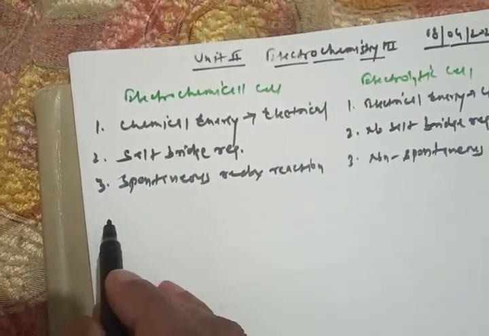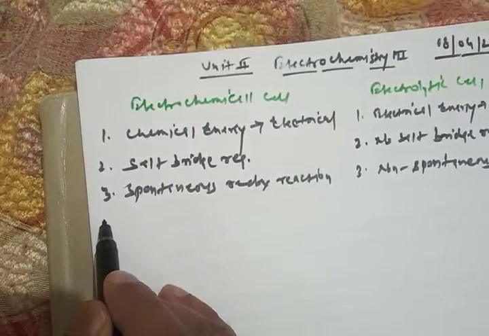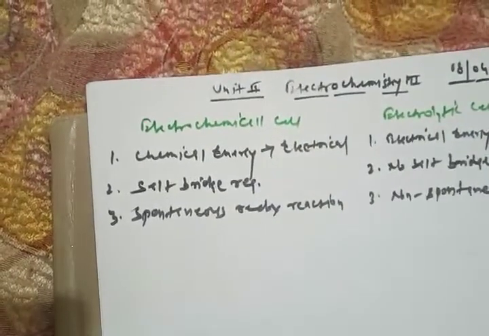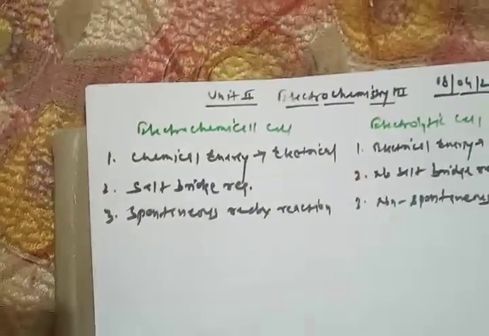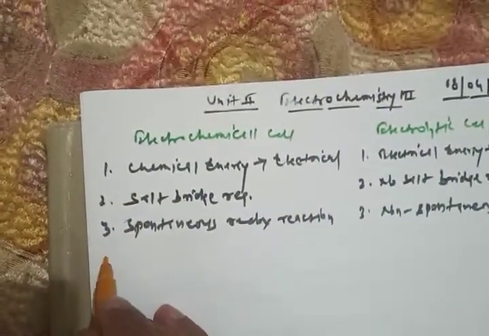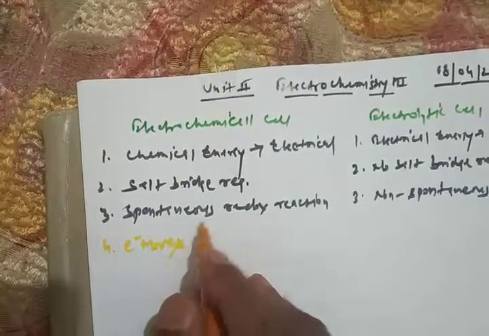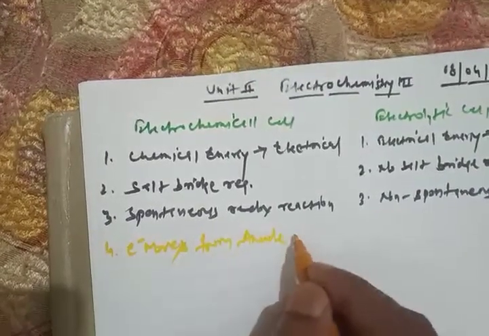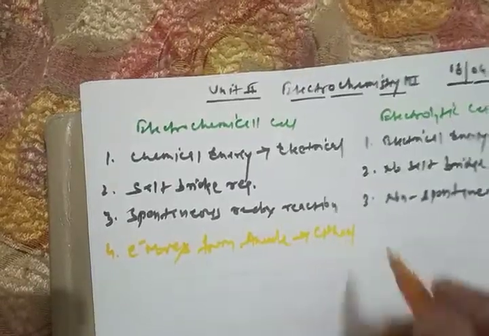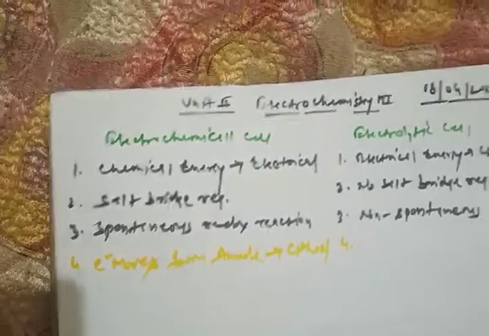Then the setup has a different flow of electrons. So I'm writing this. In this case, electron moves from anode to cathode. Here electron moves from anode to cathode, but in this case what will happen, in the electrolytic cell